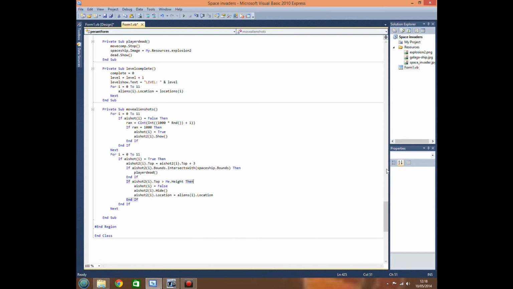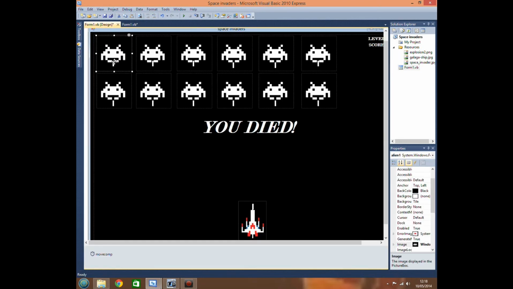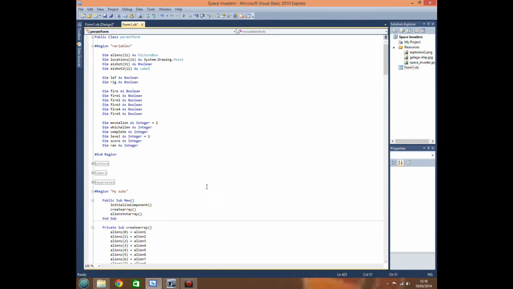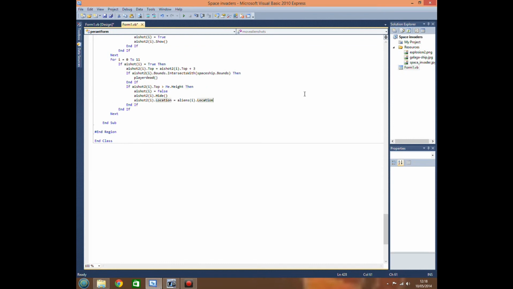Now what we're doing here is referring to all of our other arrays, the aliens arrays, so it will move the shot back to its corresponding alien. However, at the moment it's just going to move it to the top left up here, because it's going to make its dot top and its dot left value equal to the same dot top and dot left value of our Space Invader. So to correct that, we can just put something along the lines of